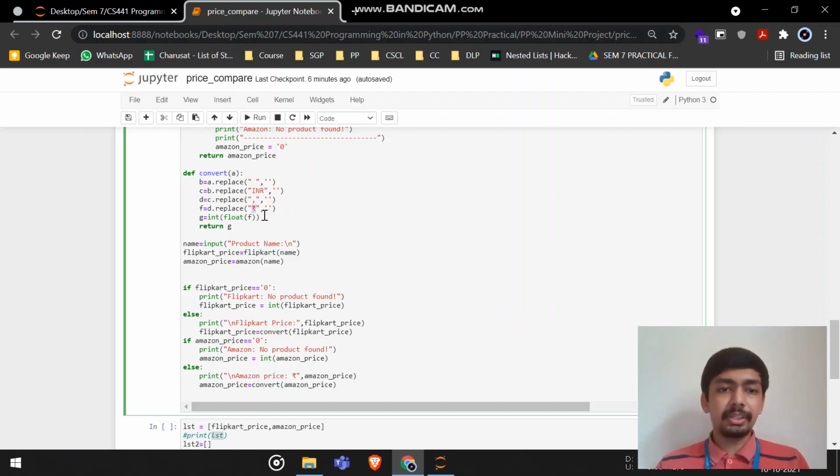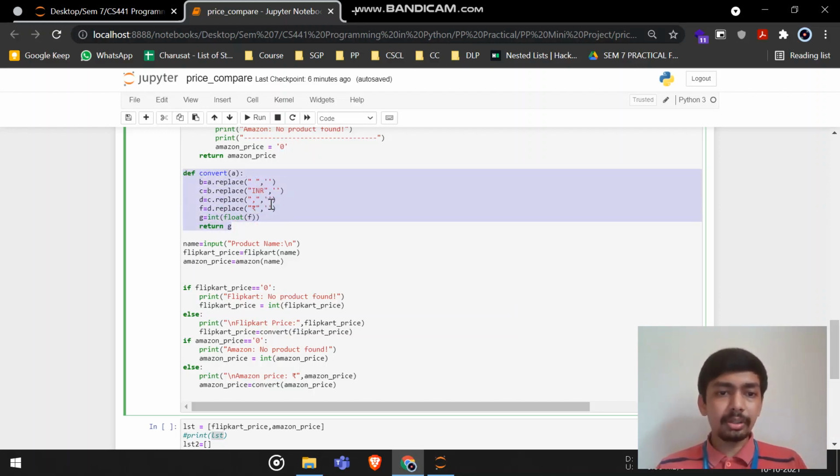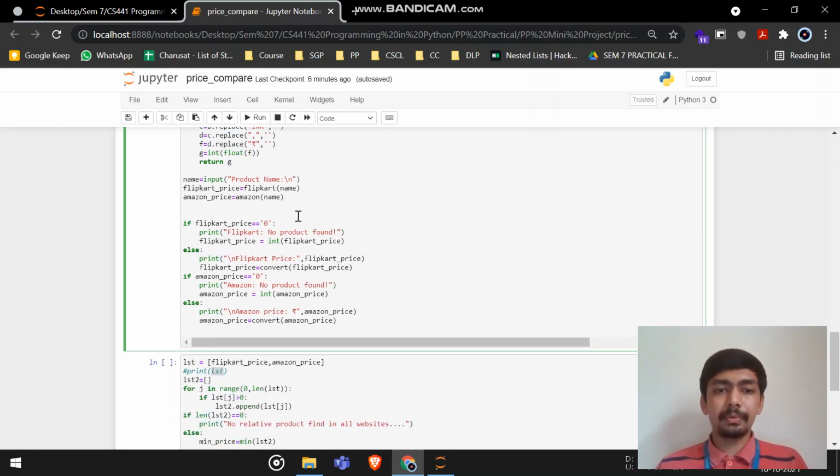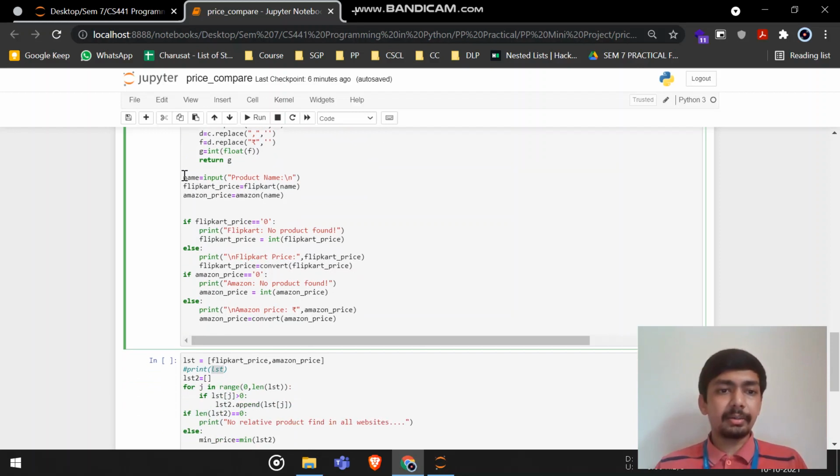So this function replaces all these symbols and INR to convert to a simple float value.